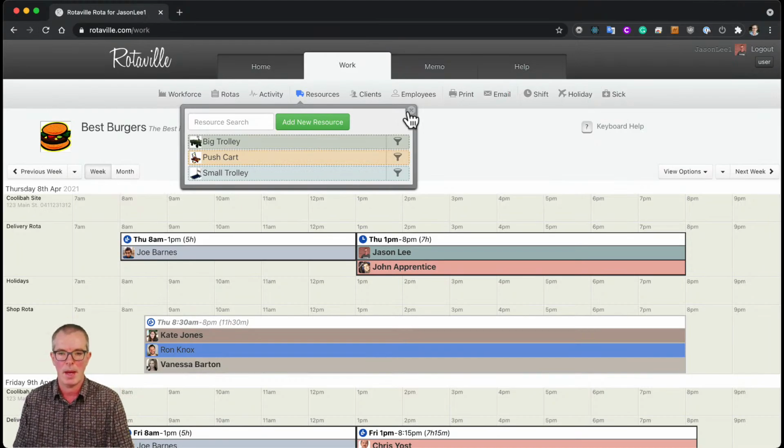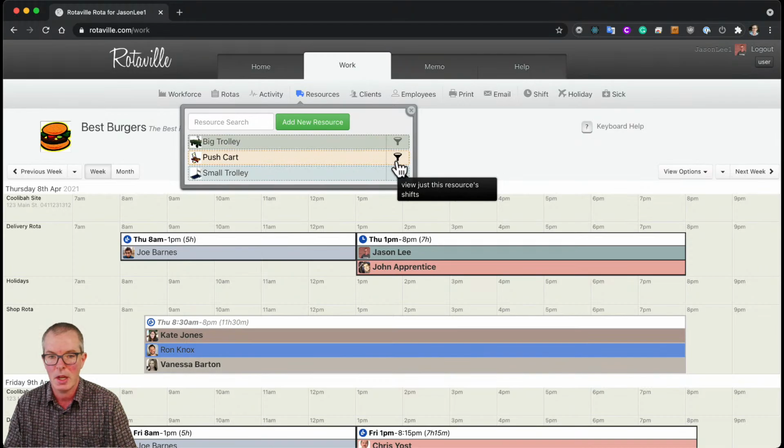Now, what else is there to say about employee notes? We've seen that they update in real time. We've seen them on the web. We've seen them on mobile, and we've seen the printout feature. We also know that employee notes apply not just to employees, but also to clients and to resources, and they will be released on the Rotaville app soon. Today they're available on Rotaville web and also the Rotaville mobile website. And I think that is, in a nutshell,